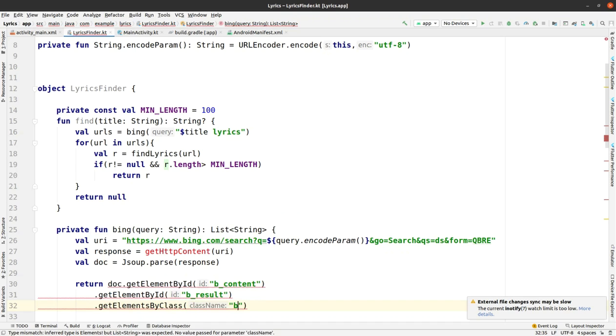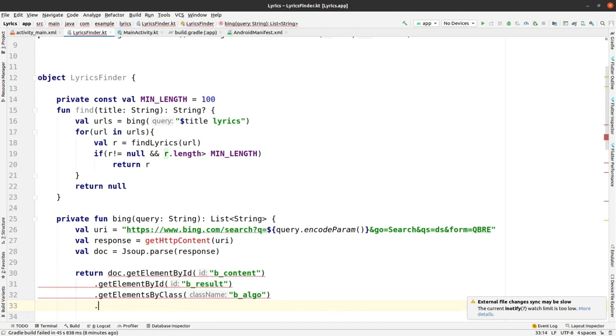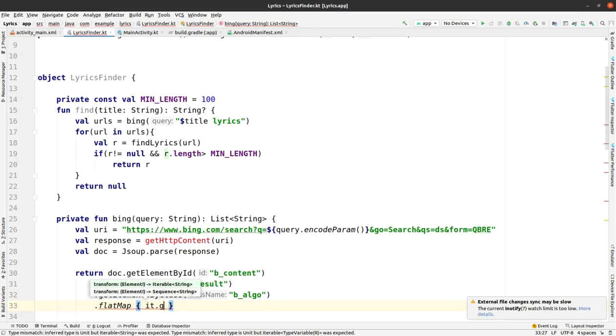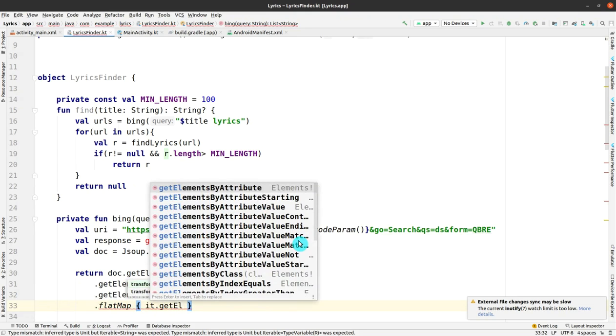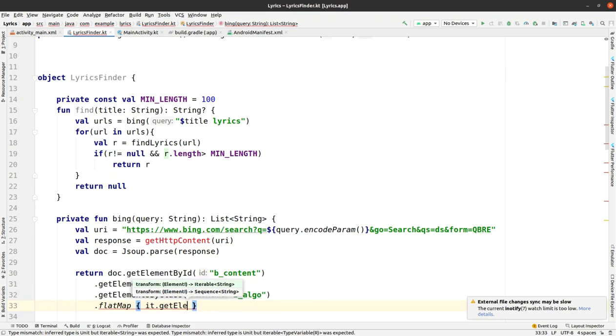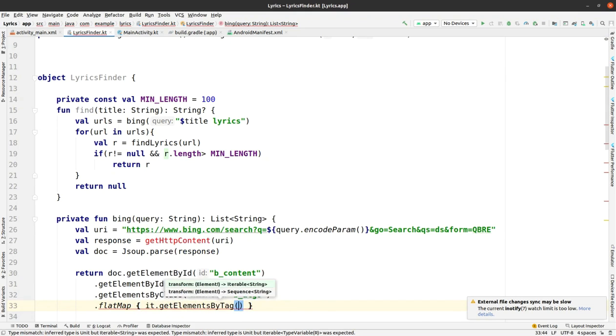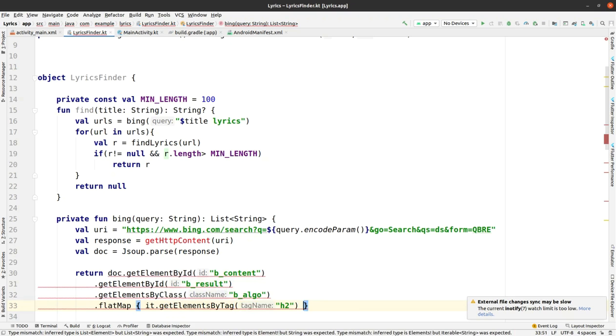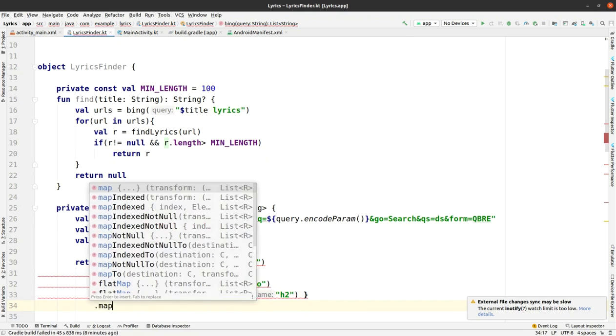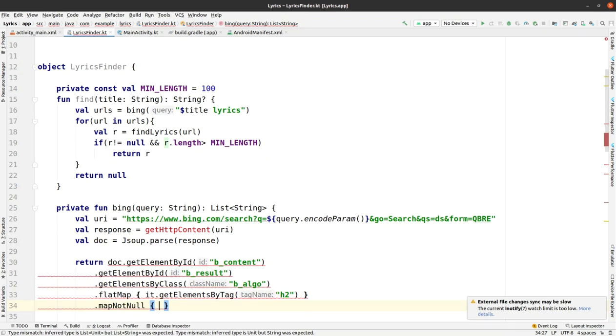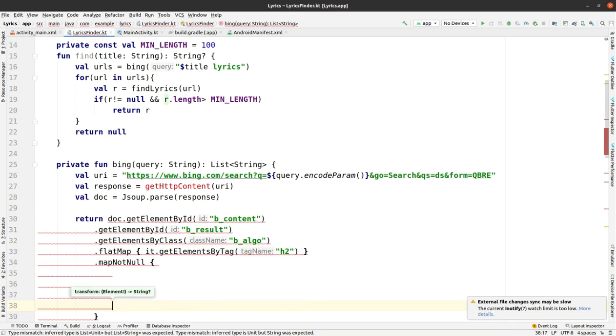Class is b_lo. Afterwards we have to make it flat. For that, to flatten these things, we are using flatMap and getting it.getElementsByTag, and here the tag is h2. Now we go for the mapNotNull, and here we have to give some try catch to